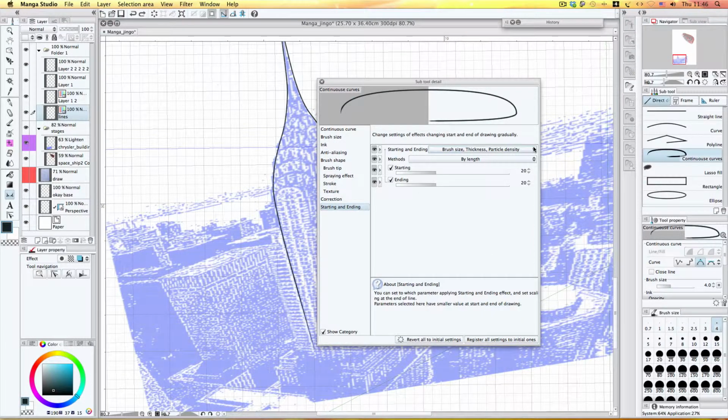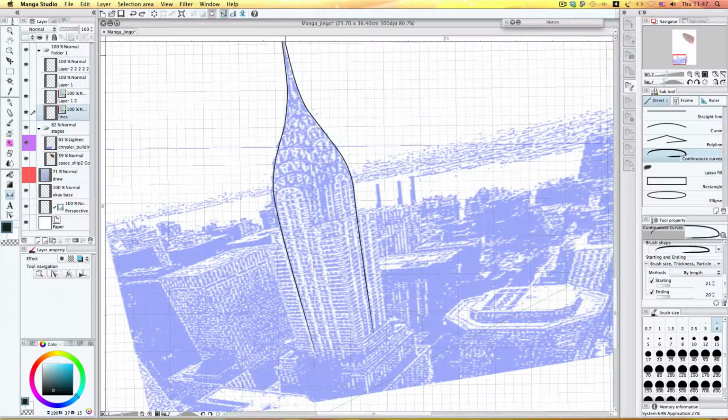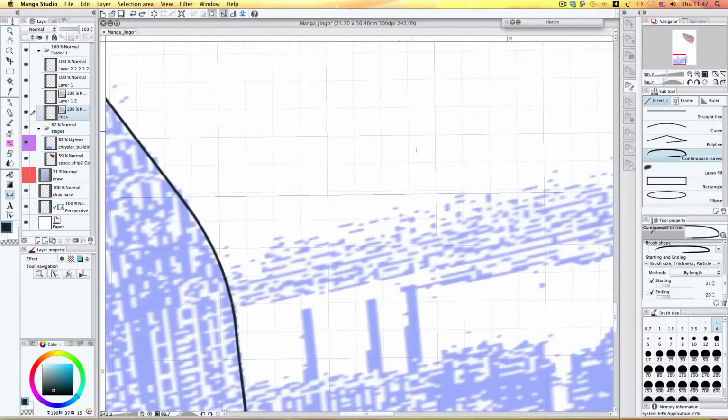Texture, correction, starting and end, brush size, thickness. By changing this starting method, please look at how it's going to change the tip of the line. We could control the thickness like so. By means of these settings, we could control the length and thickness of the tip of our line. So, if it appears to be okay for you,